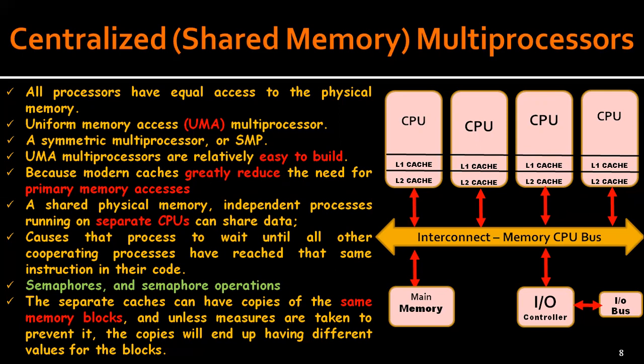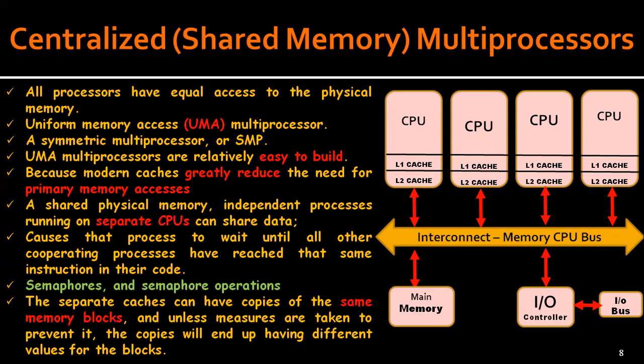So here, semaphores and semaphore operations are also a means to allow processes to cooperate in how they access regions of their code and how they access a shared data item. But of course, these two require that programmers use them correctly. The processors can also have their own private data, which is data used only by a single processor. In this picture, we see a UMA multiprocessor with 4 CPUs.